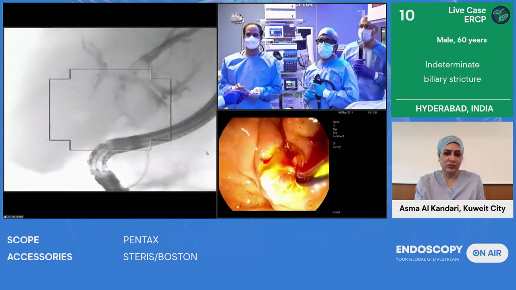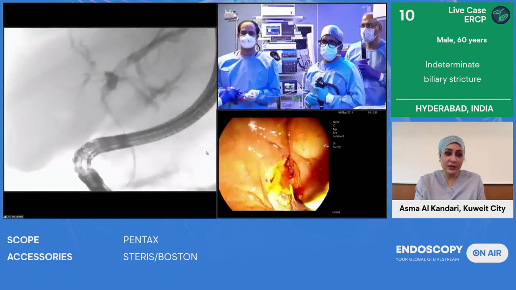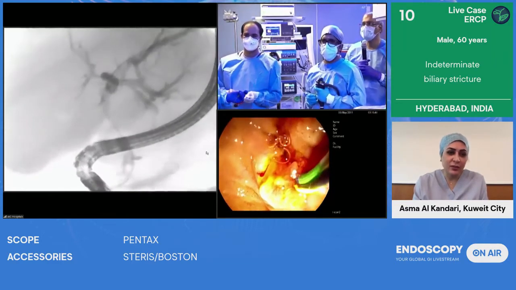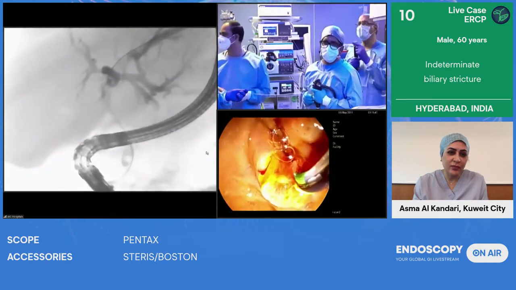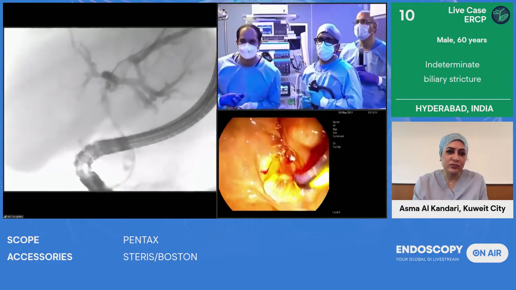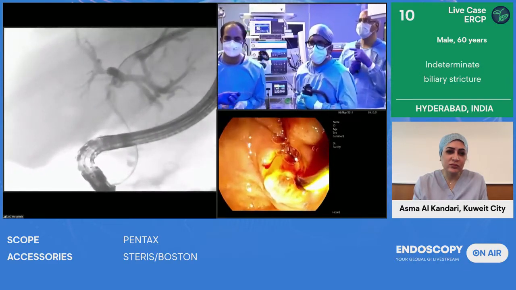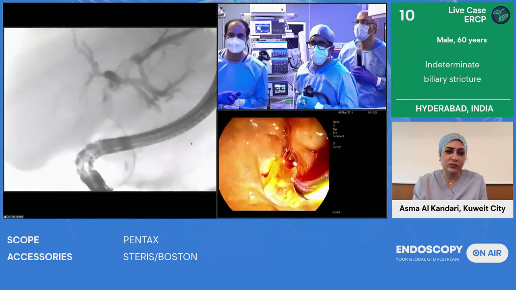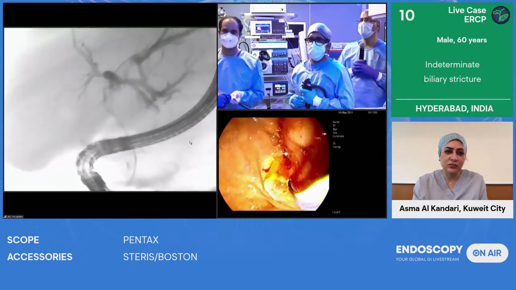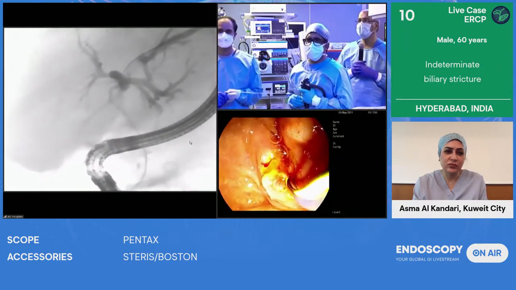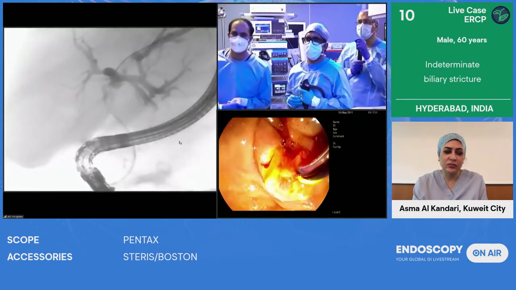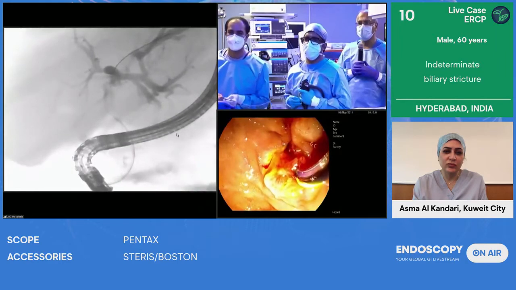Are you getting the fluoroscopy pictures well, Asma? It's obvious, but now you're injecting. Yeah. Now we can see that right posterior is actually going and taking off and joining the left duct here. So if you want to go to pure right, right anterior is coming there. But my feeling is that in this case, if you even drain one side, because both the ducts, you can see one of the branches of the right duct and the left duct are meeting together. So what will happen is you're draining more than 50% of the liver here. Good.